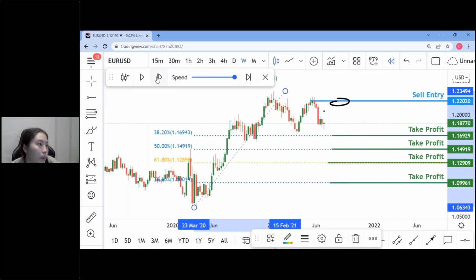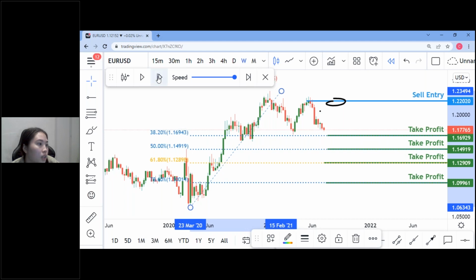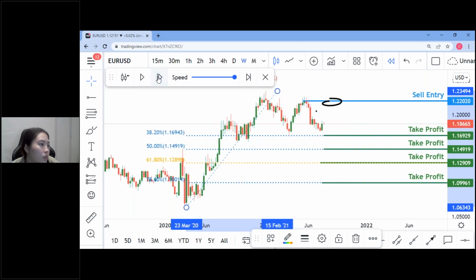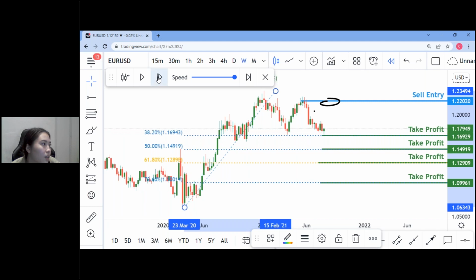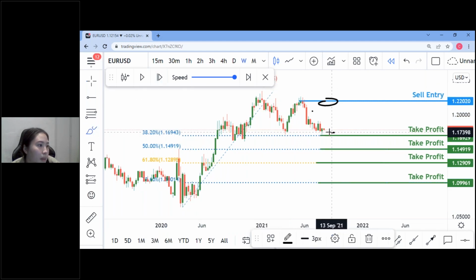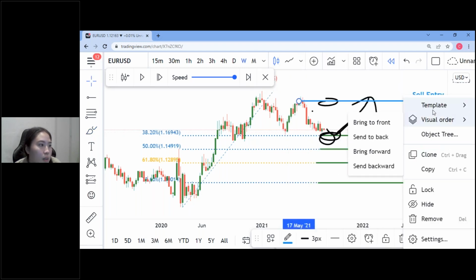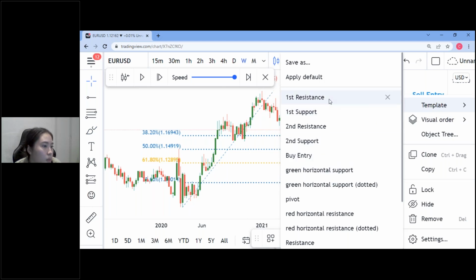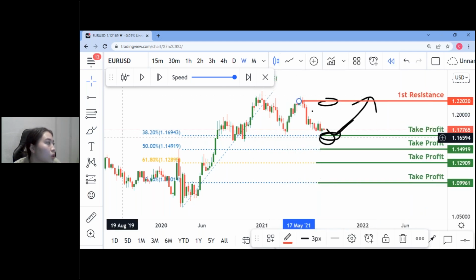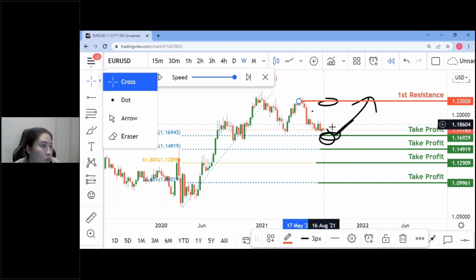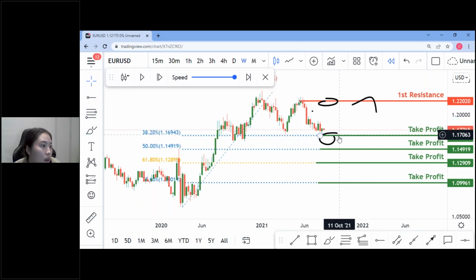Now let's see what price does. Price moves. It moves. You were supposed to expect to buy from here. You're hoping, okay, it didn't work out on the 23.6 level. Maybe on the 38.2 level I can enter for a buy here, and then maybe price will go up. Let me just get rid of the sell entry because I think it's confusing. Let's just put this as first resistance. So you think price is going to come to this level and then do a bounce. You wait for price to get there, and then let's see.